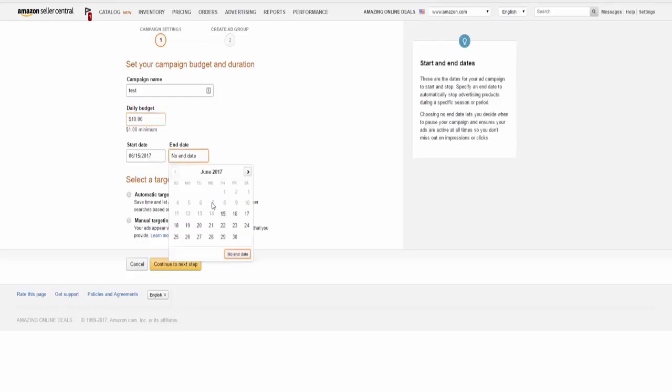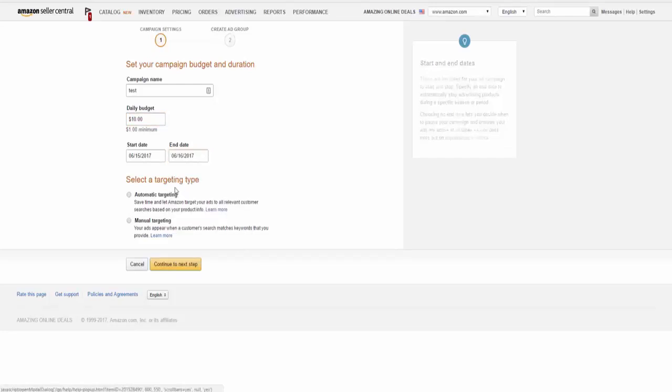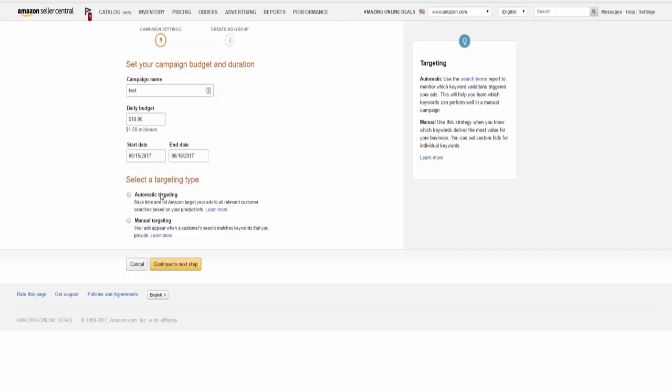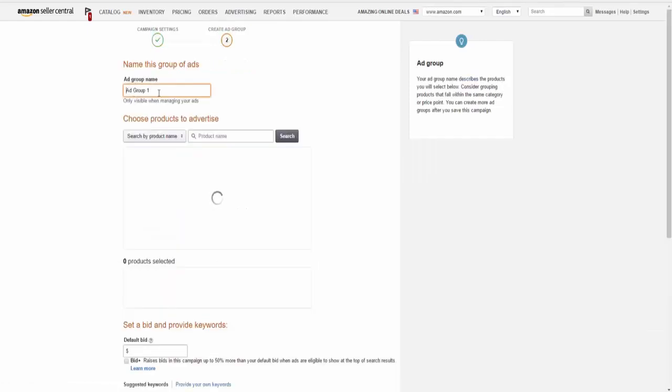Start date and an end date. And then select the targeting type. So you can do automatic or manual. Because automatic already selects the keywords for you, I'm going to show you what a manual campaign looks like. So you can give the ad group a name, and then it'll say choose products to advertise. You can search by product name, by SKU, by ASIN, and it will pull up those products in your inventory. So if I typed in by name and then search for Nike,